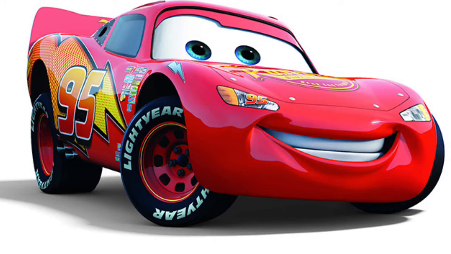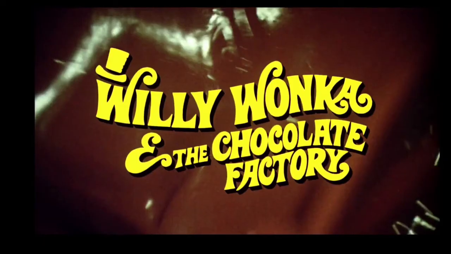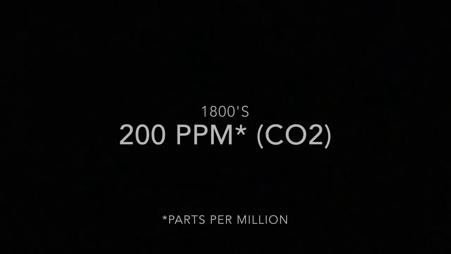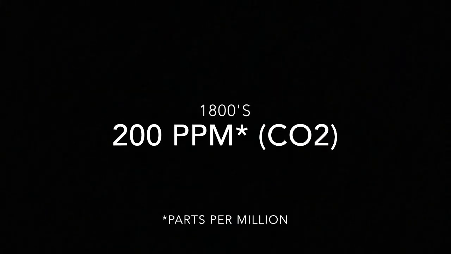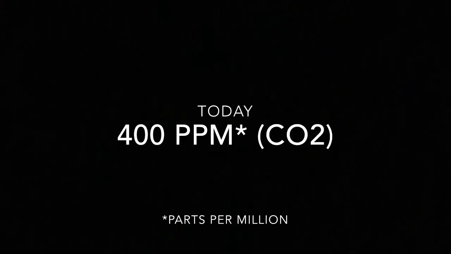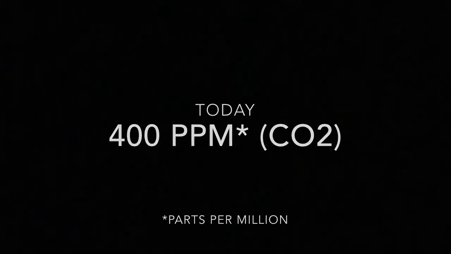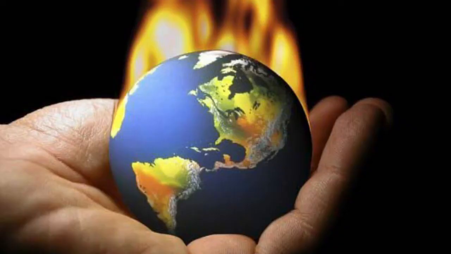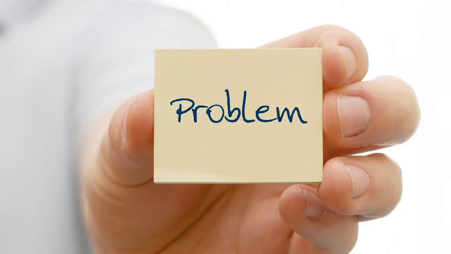Finally, there's air pollution. Emissions from vehicles, chemicals from factories, and even natural chemicals are factors that are contributing to air pollution. Carbon dioxide levels have spiked up from around 200 parts per million in the 1800s to almost 400 parts per million today. Even ozone, or 3 oxygen atoms, is literally tearing the ozone layer, bringing in trapped heat and making the Earth hot. This is a huge problem to us and other living things as the potent chemicals make us sick and